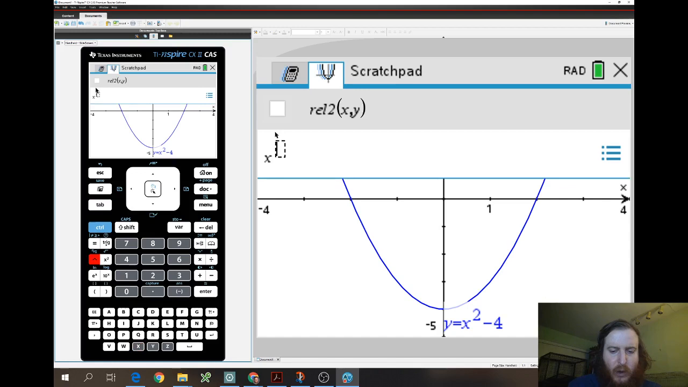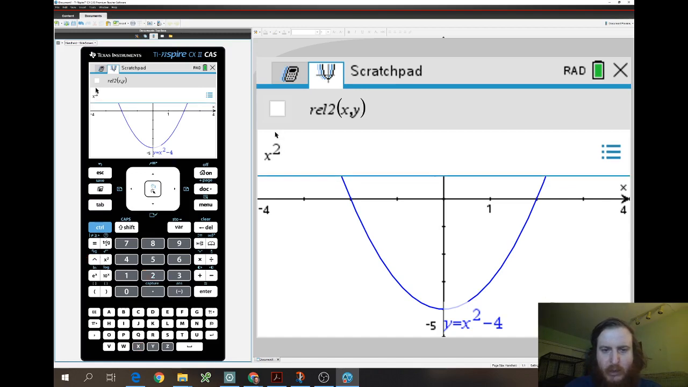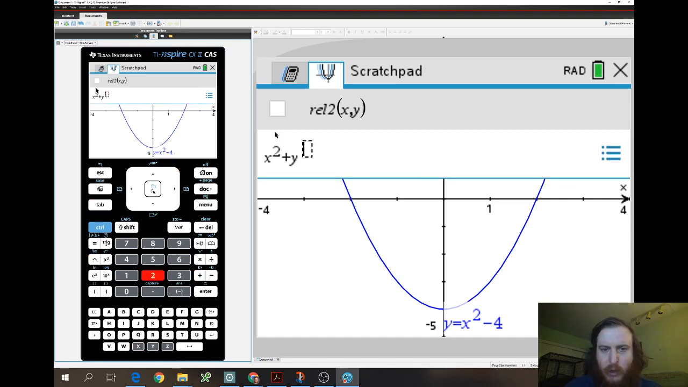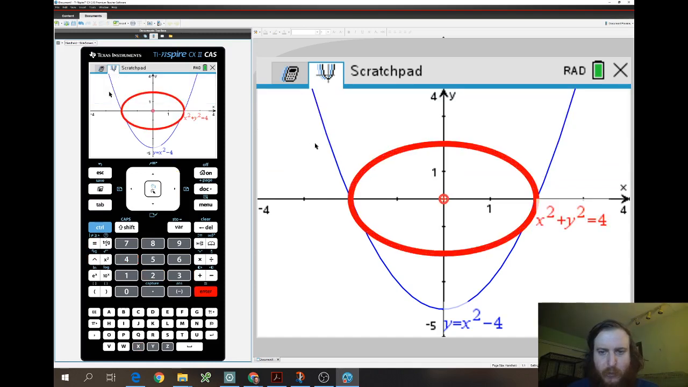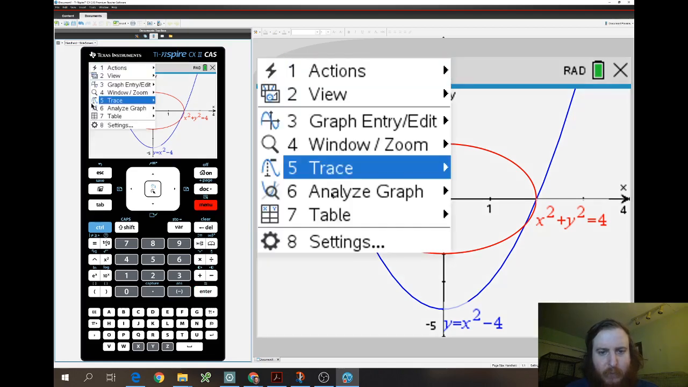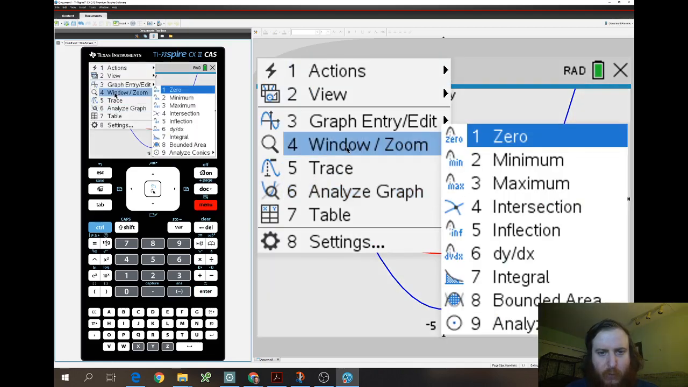So say x squared plus y squared equals 4. And if you know what this graph is, this is the graph of a circle, and it's a circle with radius 2. So this does not look like a circle, and the reason mine doesn't look like a circle is because of my zoom. Right? I didn't have it zoomed correctly. So if we change our zoom